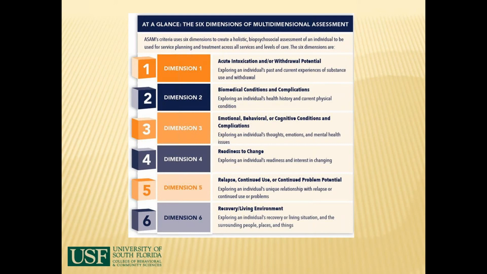Dimension 4 looks at the individual's readiness to change. Here it's helpful to consider Prochaska, Norcross, and DiClemente's stages of change model. That's the model that goes from pre-contemplation, which is problem, what problem? There's no problem, denial basically, to contemplation, okay, maybe there's a problem to work on here, I'll consider it. And then from contemplation to preparation, okay, there definitely is something for me to work on here. I want to work on it, I'm committing to it, but I'm getting my ducks in a row. I'm figuring out how I'm going to go about this and setting the stage for that change.